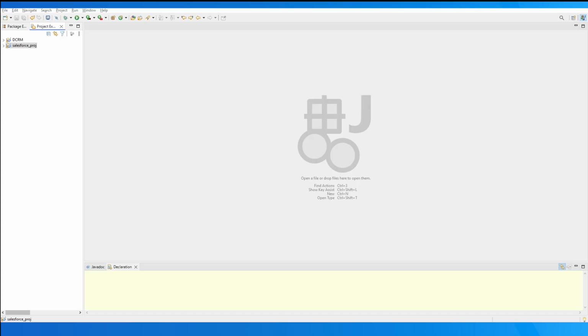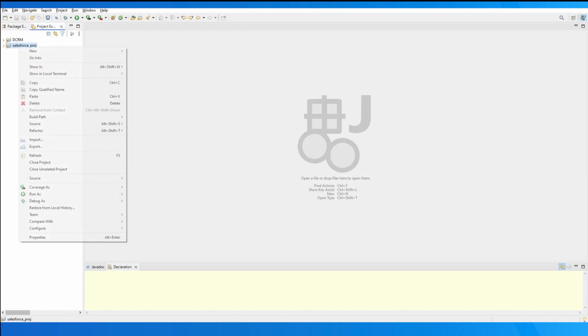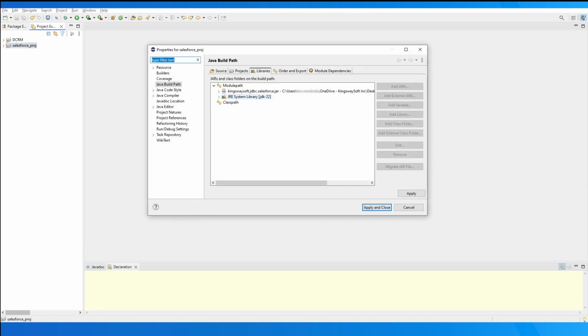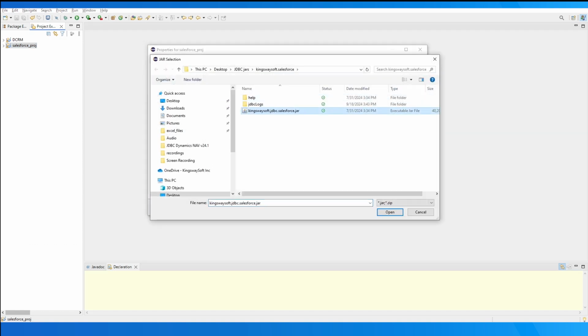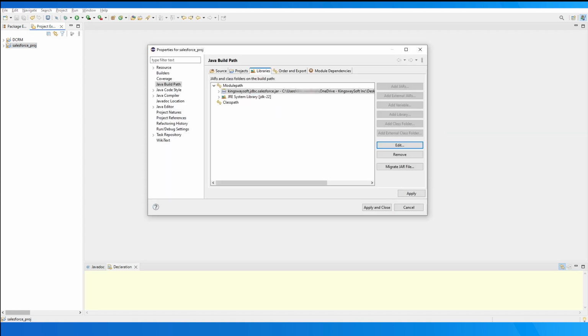In today's video, we'll be working with Eclipse in our example, but any other IDE will work as well. You may create a new Java project or open an existing project by importing the source by directory. We will need to configure the build path that will reference the jar file by adding an external Java archive. To do this, we can right-click, go to Build Paths, Configure Build Paths, and under Libraries, as you can see, we already have Java referenced, so we will just delete that, add external jar, and find where we have saved it on our computer. Once we're happy with this, we can apply and close to save the changes.